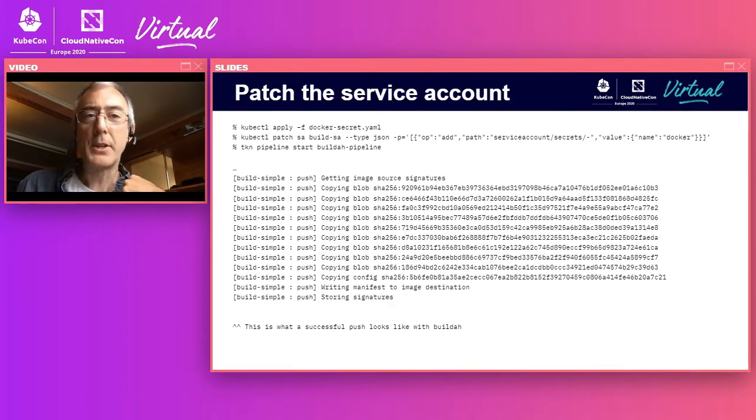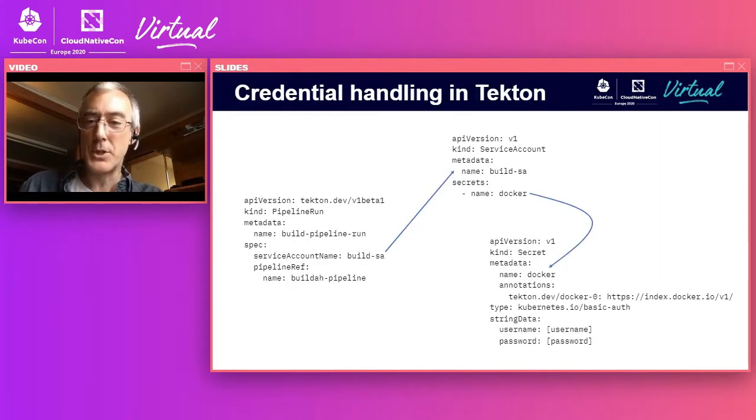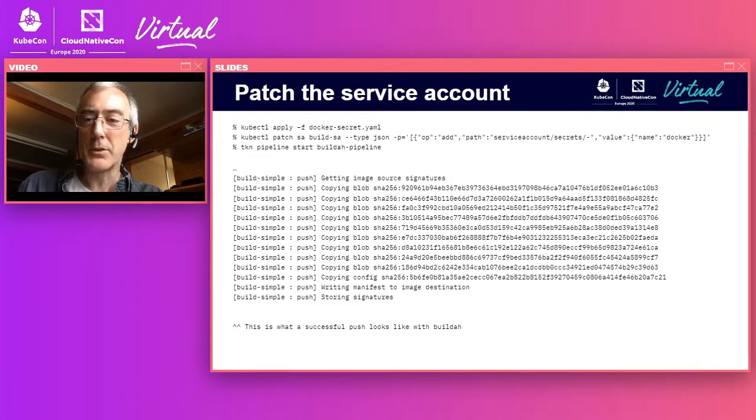Okay, so having created the secrets, we then frequently talk about patching service accounts because you may well use a kubectl patch to add it in. So, all right, fine. If we apply this Docker secret and patch it onto the service account, which is adding this extra line on the service account to say that the secret is now in use, then,